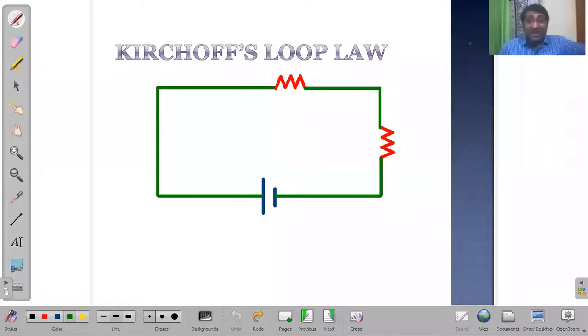Now I'm recording, guys. I think we missed out on Kirchhoff's junction law. It's okay. I'll try my best to record it separately and add it to this video if possible. But now I'm recording Kirchhoff's loop law. We are starting fresh. Imagine that way. I'll try to minimize this.